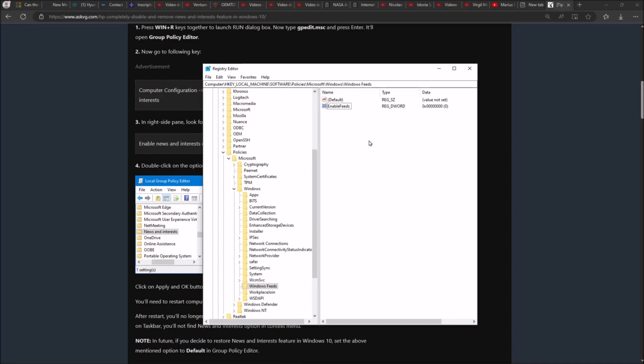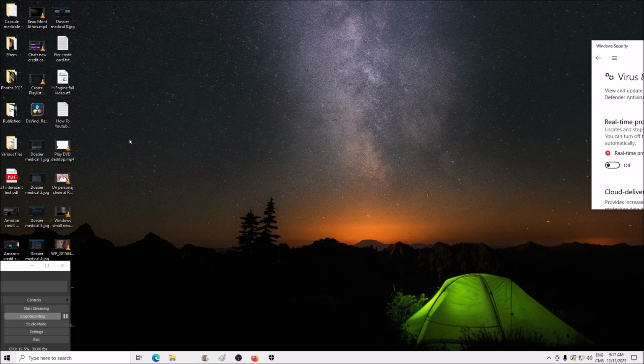Restart your computer and the registry will activate this value after rebooting, and that service, what is the name, news and feeds or something like this, if you look in the task manager, will be gone. It's no longer showing up there. And you see also the update did rearrange. Thank you so much, Windows, my icons. So I need to regroup them back again.